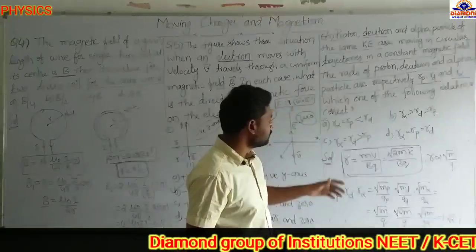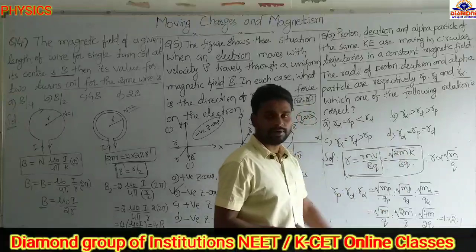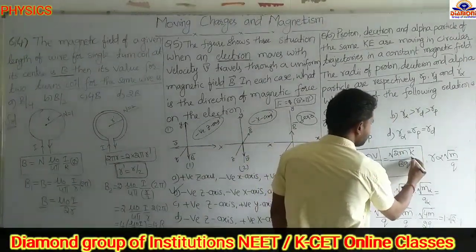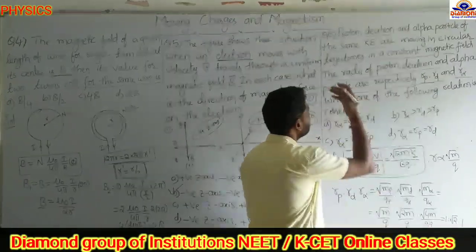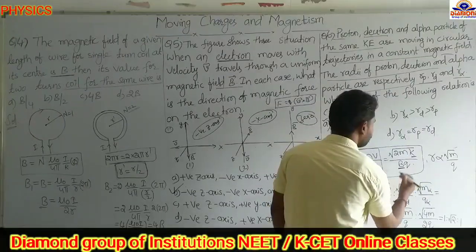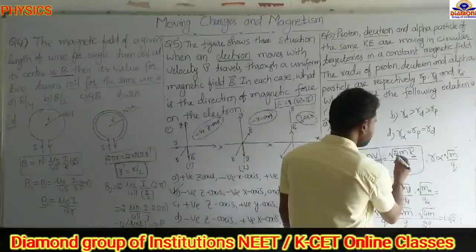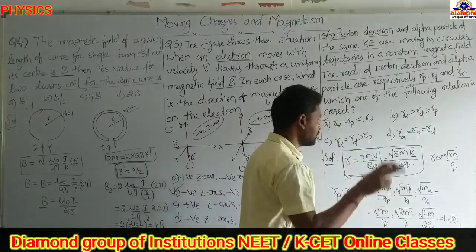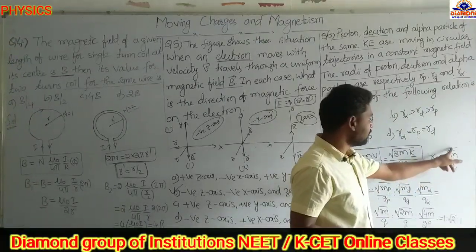So in these two, which is applicable? They gave the same kinetic energy, so this formula is applicable. In the question the kinetic energy is the same, so this is constant for the three particles, and the mass is not the same. These three particles have different masses, and all three are projected into the uniform magnetic field. So B also is constant. Which are the variables? Mass and charge. So the radius of the circular trajectory is directly proportional to the square root of m by q.